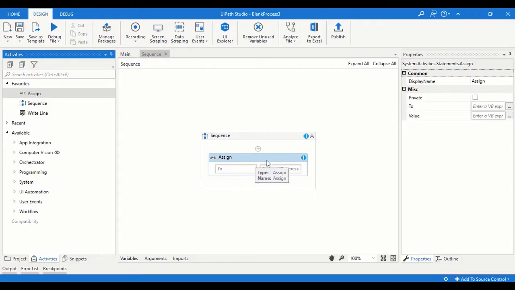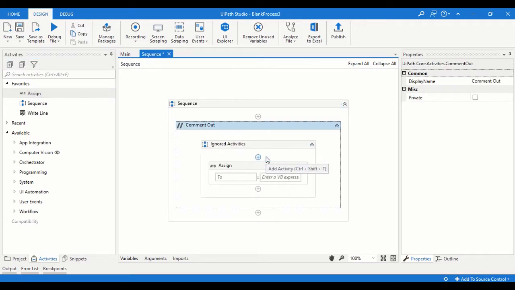Actually, we have created an activity here, right? If you do not want to run this activity while executing or debugging, then you can press Control D, and it will make that Assign activity a comment. It doesn't execute.